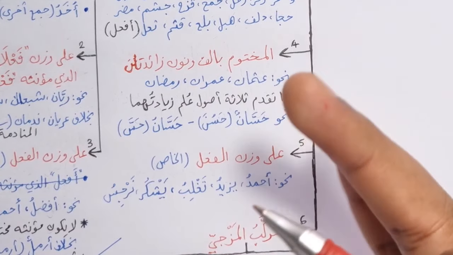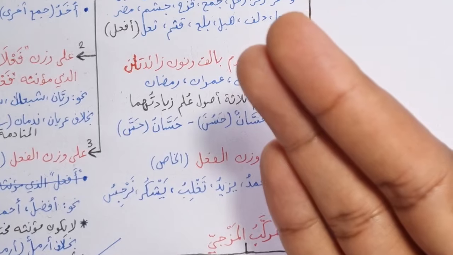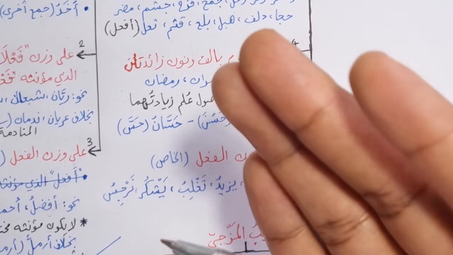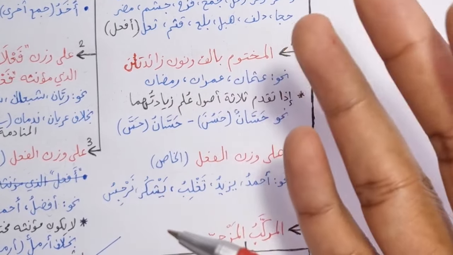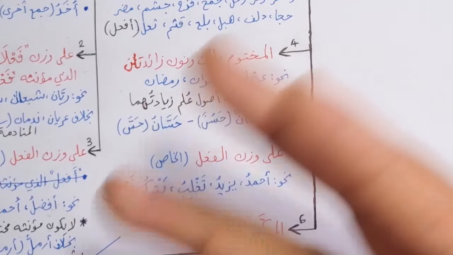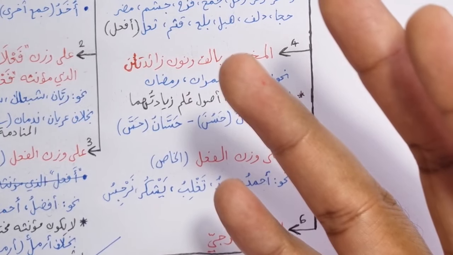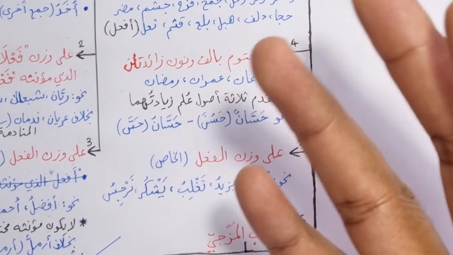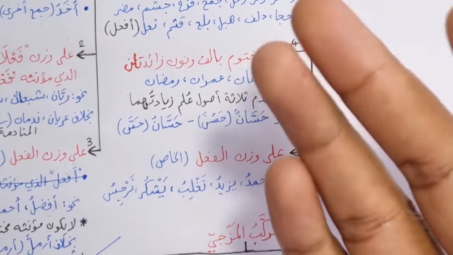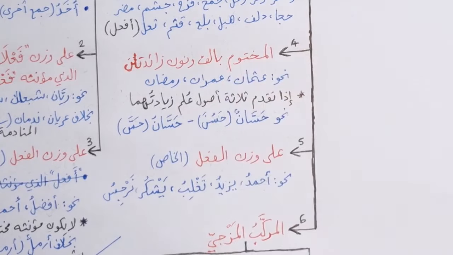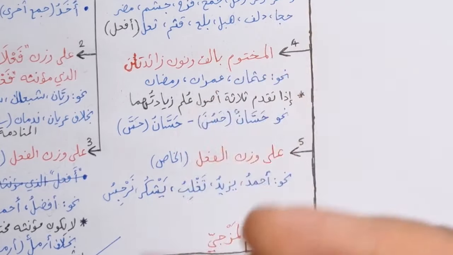Likewise, mabni lil majhul, like fu'ila. Another pattern is the fi'l madi if it has hamzatul wasl, like intalaqa, istakhraja. Those type of verbs which have hamzatul wasl in the madi. Those are specific. So if people have those kind of names, those kind of patterns, then it's going to be